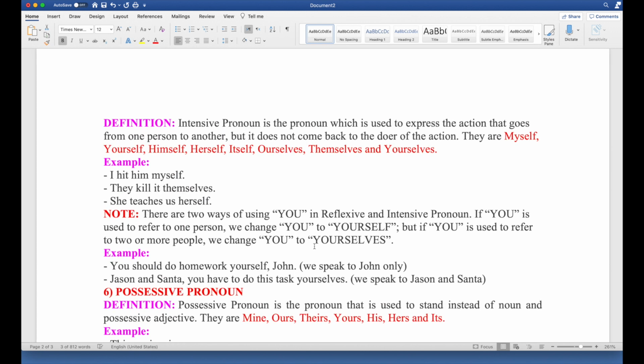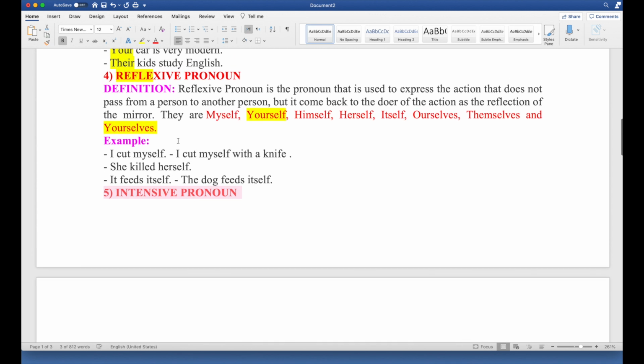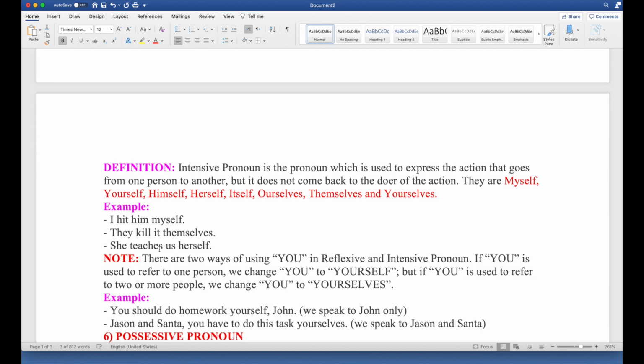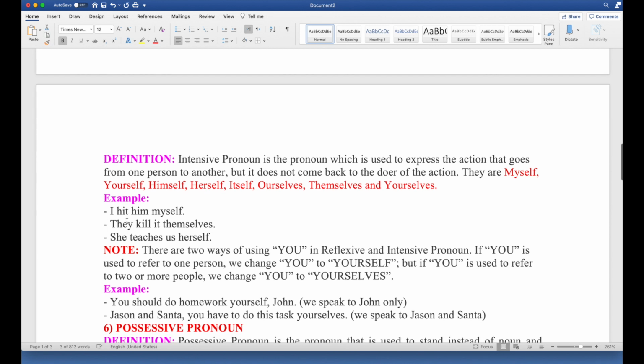It doesn't come back to me, like I'm not doing the thing to myself anymore, but there's an emphasis on the person who did the action, okay? I hit him myself. There's an emphasis on the fact that I did that. They killed it themselves. It means that they, by themselves, killed it, okay? So it comes back to the speaker to intensify the meaning or add emphasis that this is the person that